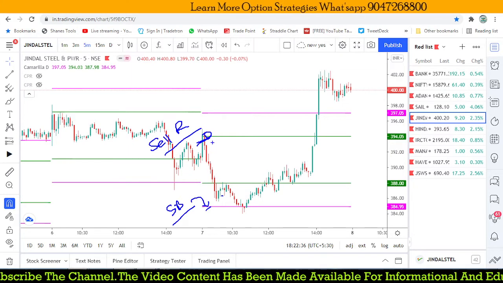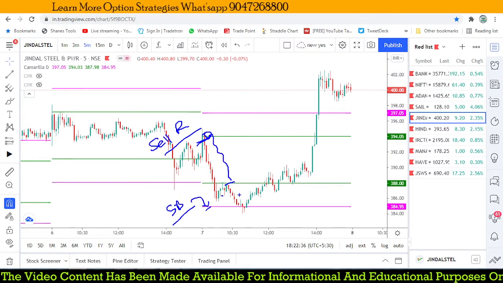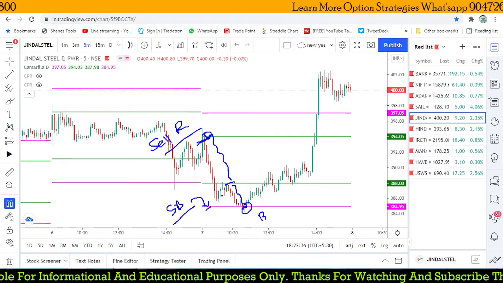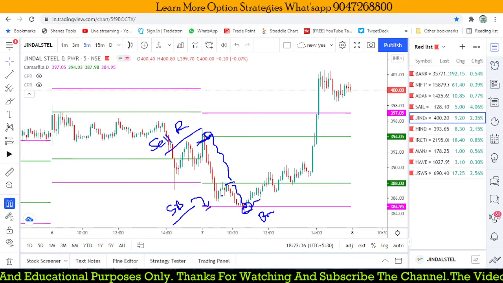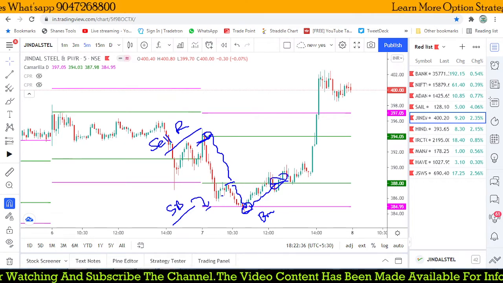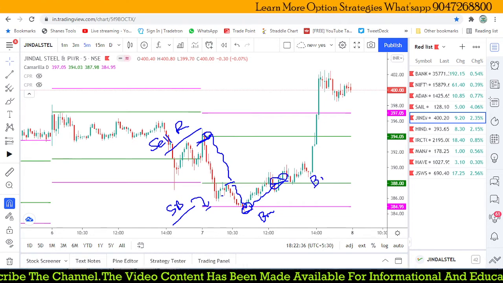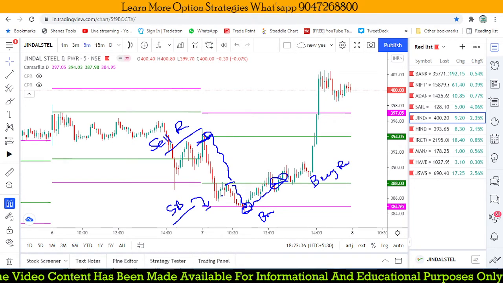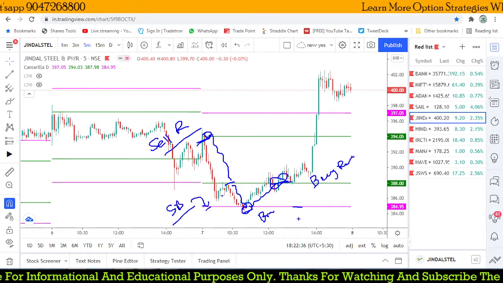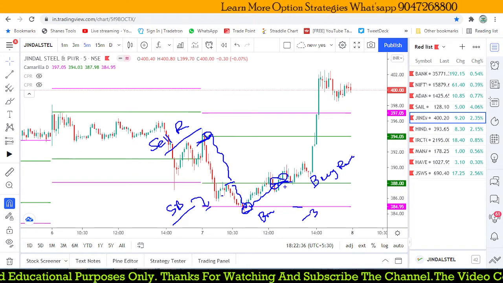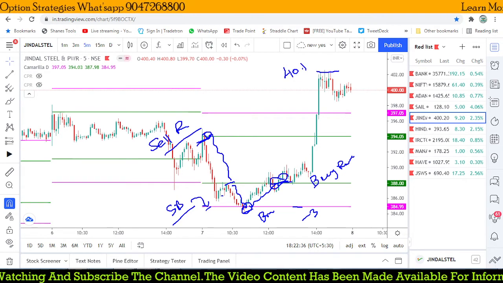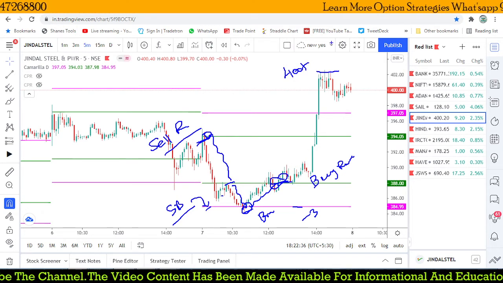So we got some opportunity at this point, and after that it triggered my stop loss, target, and gave a breakout, but this breakout failed and it turned up again. So if my breakout fails, I am going to reverse my trade. Here the buy reversal point worked well. From 388 to 385, almost 3 rupees is the risk I took. From 388 it went up to near 400 plus. So it gives you some nice profit.